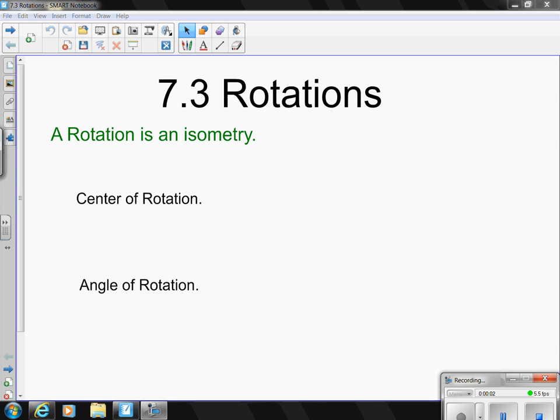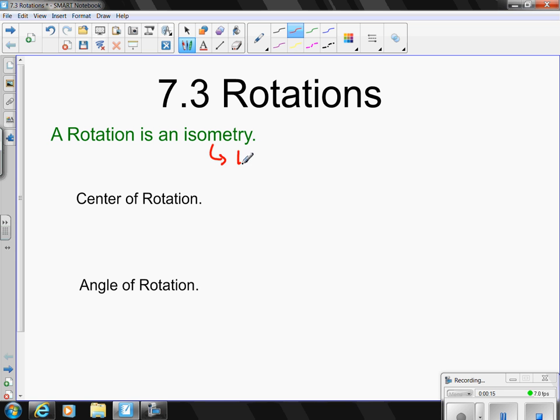In 7.3, we're going to be focusing on rotations, a type of transformation that is an isometry. Remember, an isometry is where length is preserved. Okay. In a rotation, it's very important to know where the center of the rotation is and the angle